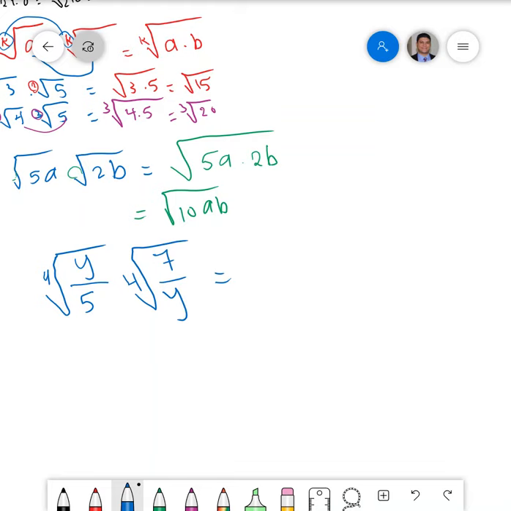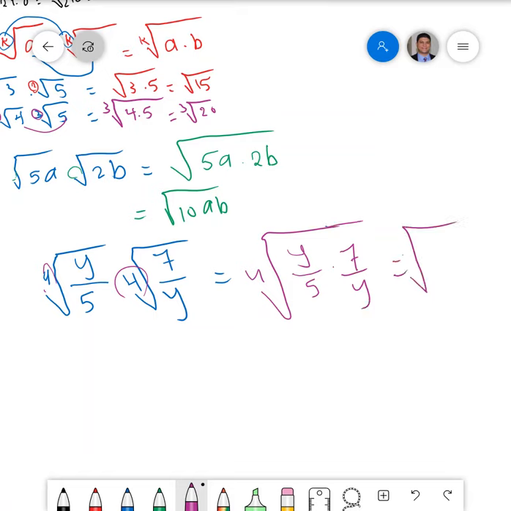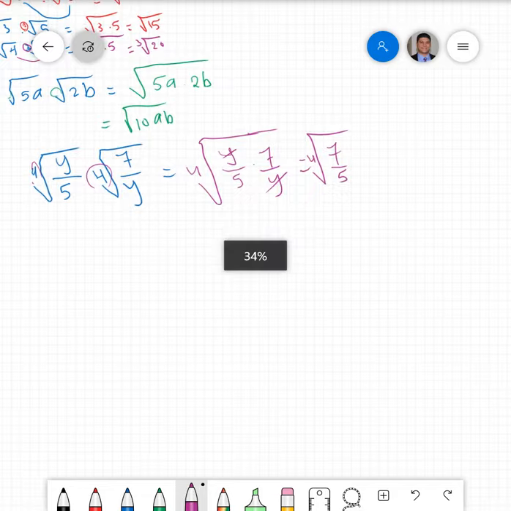So here we have fourth root, so keep the root, and then multiply y over 5 times 7 over y, and we can simplify y with y, so it will be fourth root of 7 over 5. Okay, now